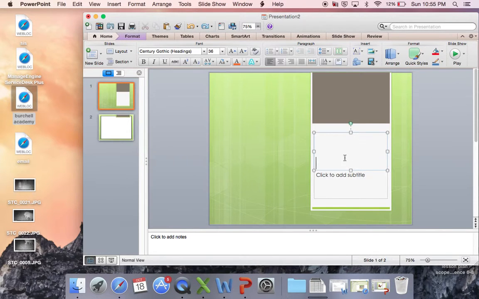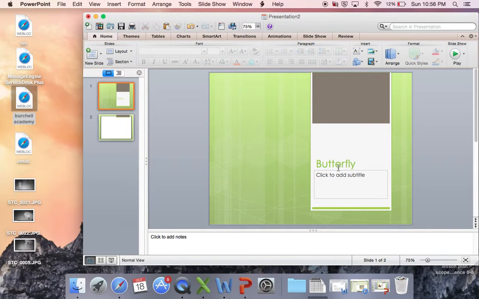Here's a text box. All I do is click in it and I can write my words. So if I type in, for example, butterfly, there I have some text and it's already added. I can click here and add more text if I want to. If I want to change text, I click back in the original box, highlight the text, and I can change,